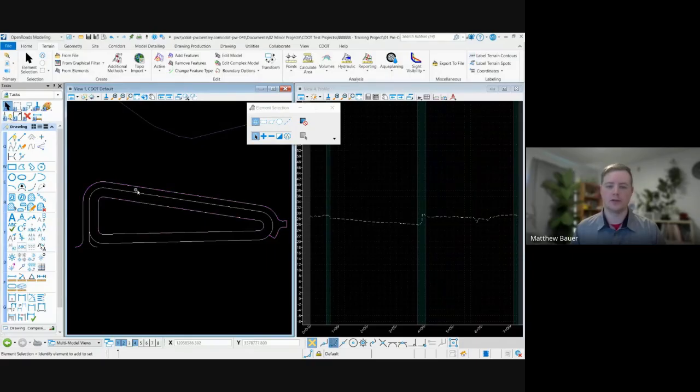So I'll run through this example. I have just my 2D line work in here that shows my edges. So we'll think of these as our break lines. And in order to make the proposed surface, obviously we need to give it that 3D data. So what I can do, I have the profile view here. This is the bottom of our pond. We have our existing ground in here, but if you think back to our geometry sections, we can use the same tools we used before to give it